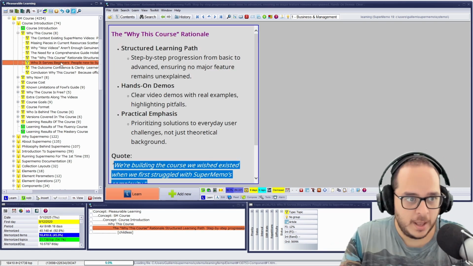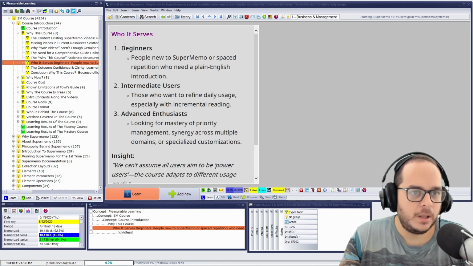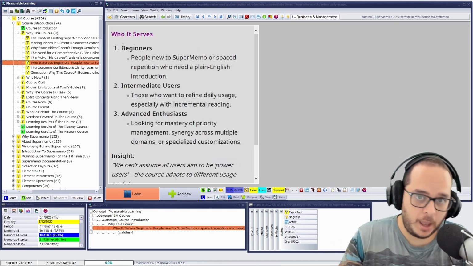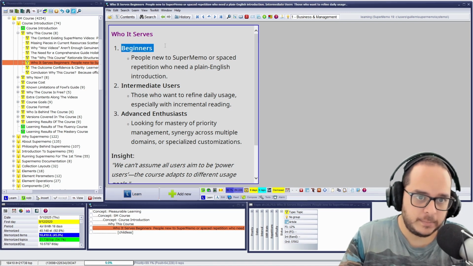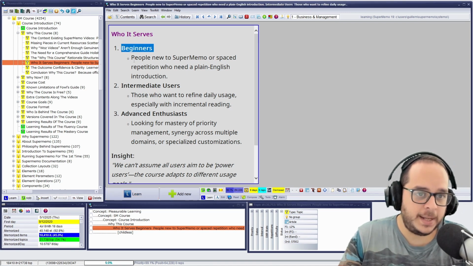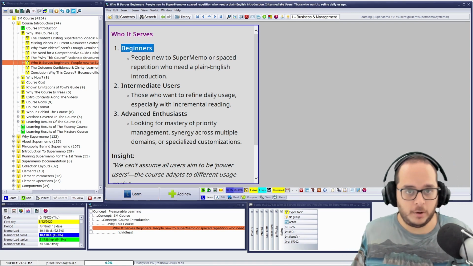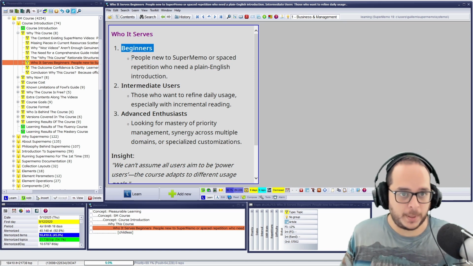Incremental routines. Then, who it serves. So, who is the target? Everyone. Beginners. Beginners in the sense that you start incremental reading or you start using SuperMemo for the very first